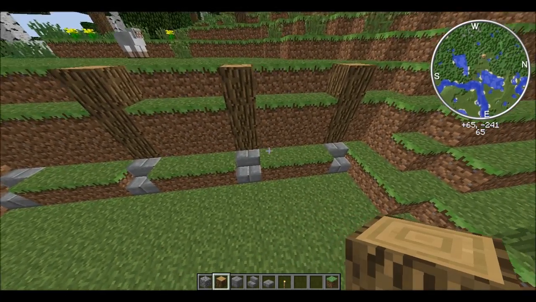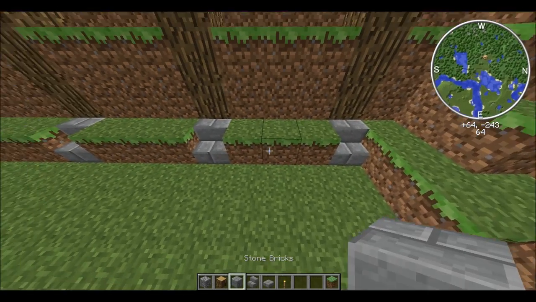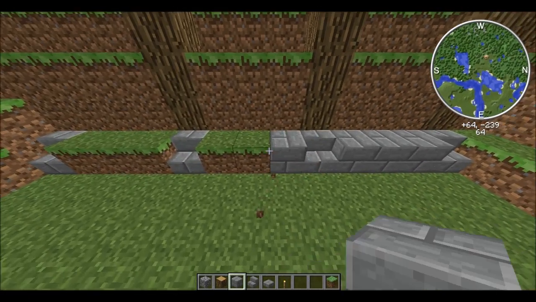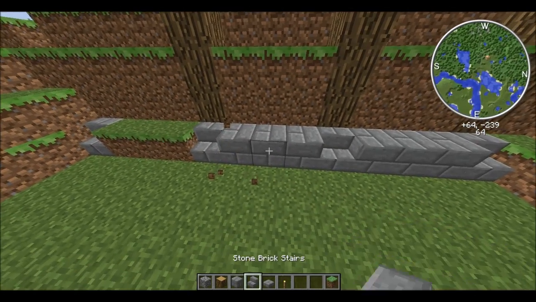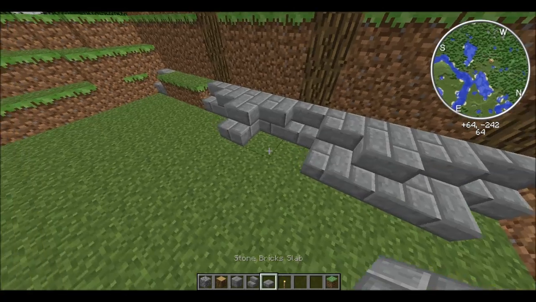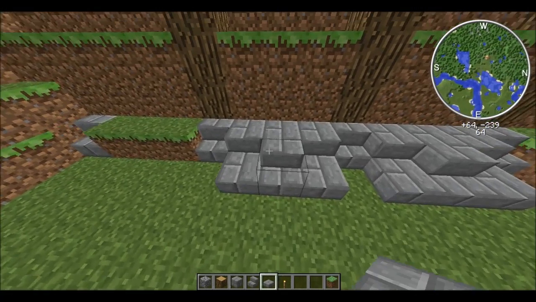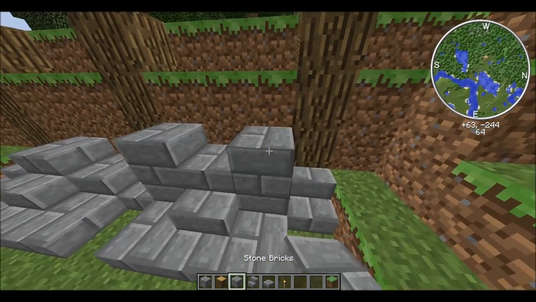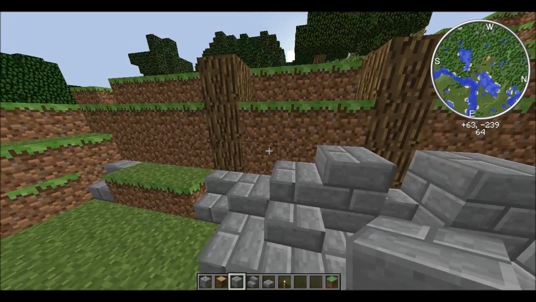And yeah, so basically to make the actual wall part, go ahead and convert these to stone bricks between the stone stairs, and then go ahead and place a stone brick stair out like that, and then a half slab to either side for the bottom. Also place a half slab directly behind that one staircase, and then go ahead and place regular blocks to the left and right of that half slab.